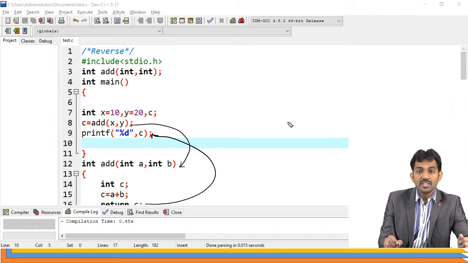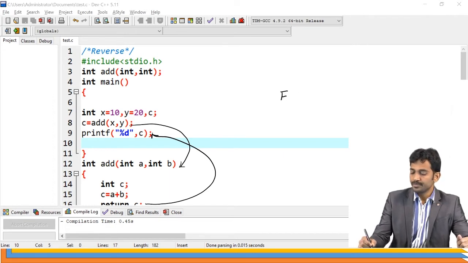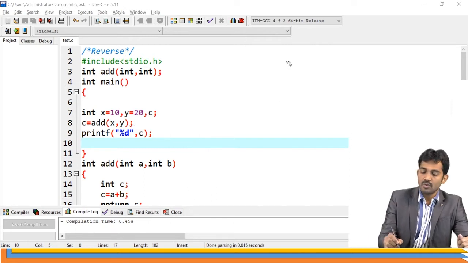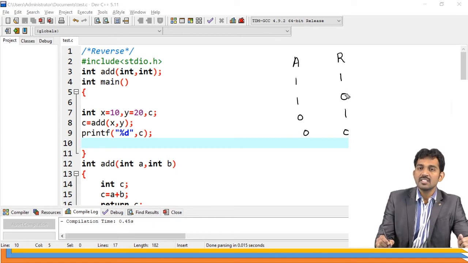What about function with arguments without return value? I'm going to write four ways here: arguments, return values. So the first one is 1 1, then 1 0, 0 1 and 0 0, where 1 means it is there and 0 means it is not.